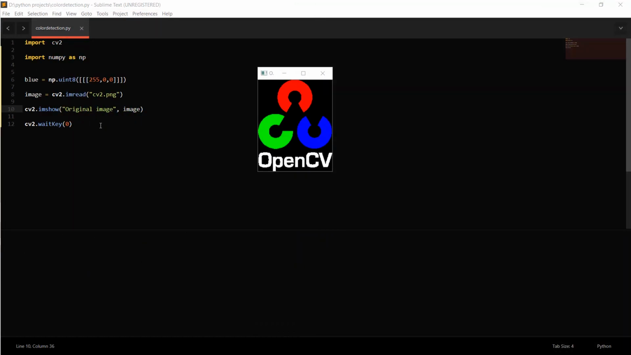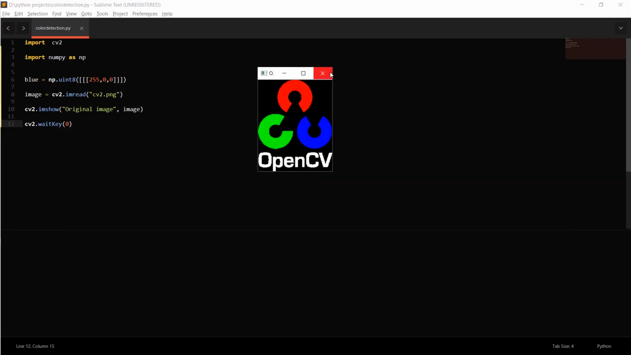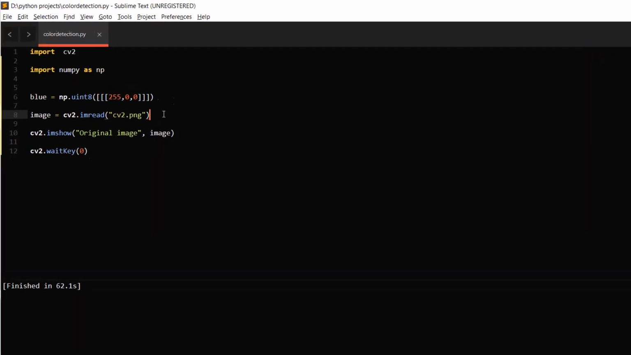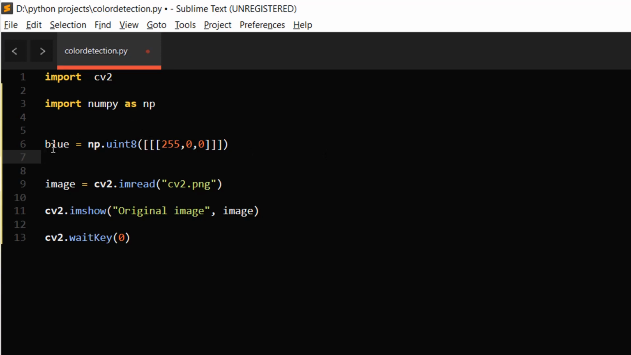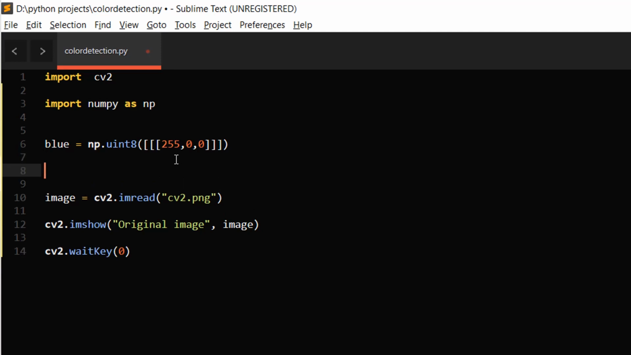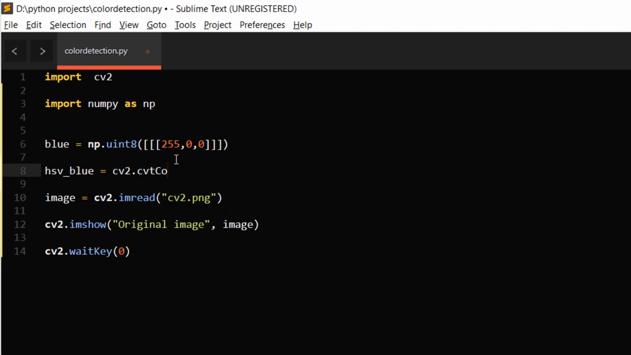To find the lower values and upper values for a particular color, we first have to convert that color into HSV color. This is initially in the BGR format. Now we have to convert this into HSV format using OpenCV. By using OpenCV, we can easily simplify this process. Just type like this. We have to define the color variable. In my case, it is hsv_blue. Now cv2.cvtColor. This cvtColor is convert color, with which we convert our blue color,